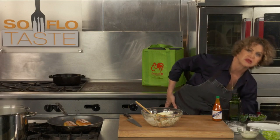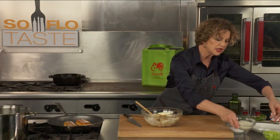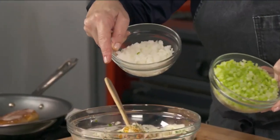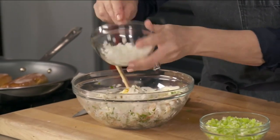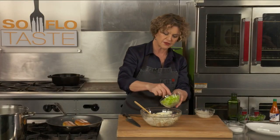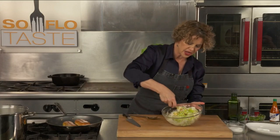I mean, the herb has a little bit of texture, but there's nothing like a little bit of onion and celery for a good shrimp roll. So let's add a little bit of that in there. A little bit of celery in there. Let's go ahead and combine everything up